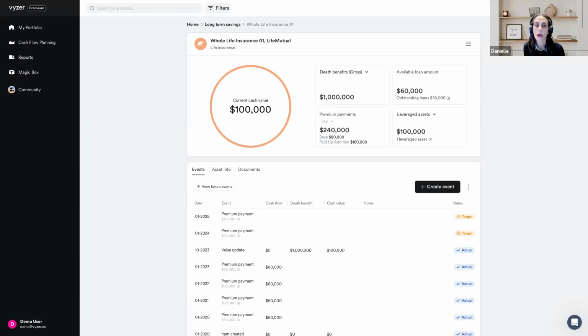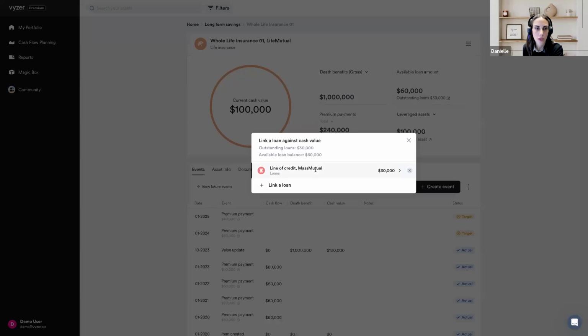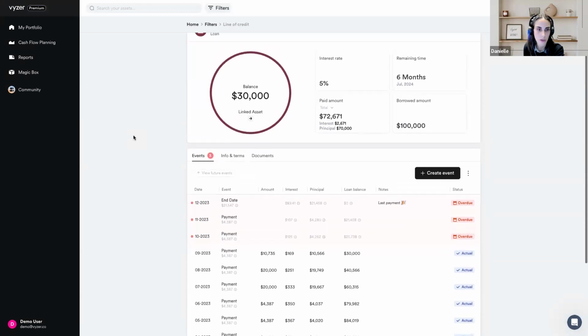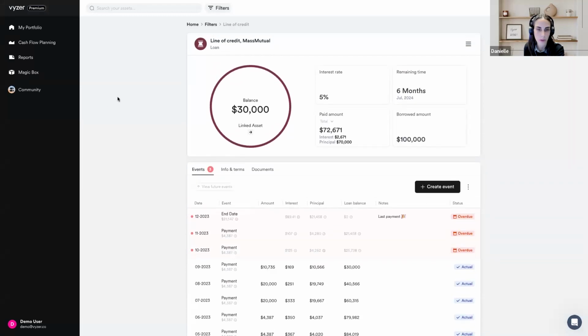And we also have the capability to link the asset that you use, the fund that you leverage the loan to buy. So if you click on the loan, let's start with the loan. Great. So you see, okay, this is the line of credit that I took in order to leverage. And then you have all the interest, the principal, you have all the payments here. And if we go back,